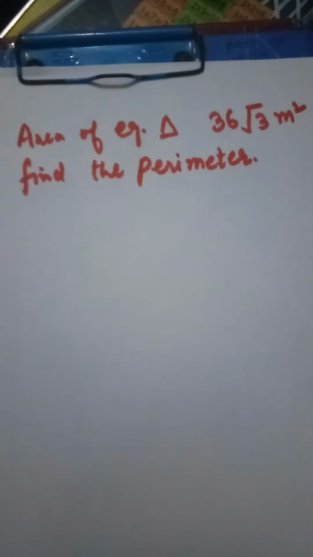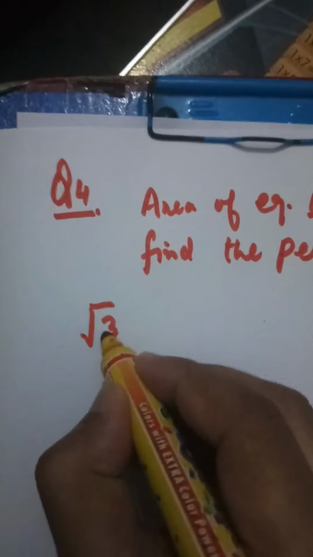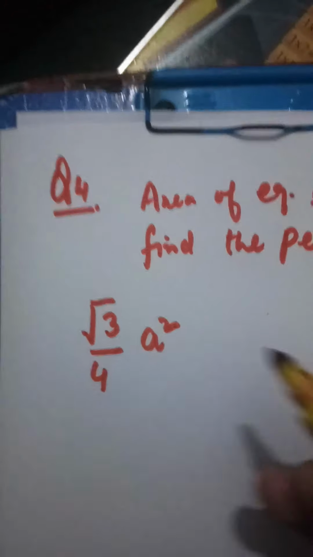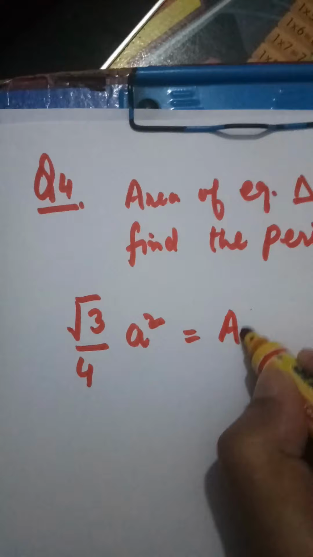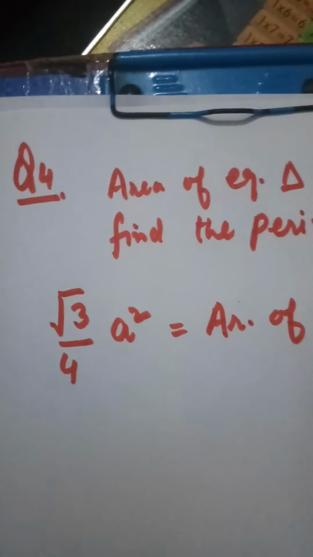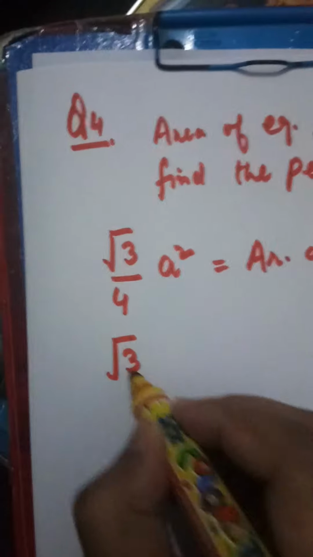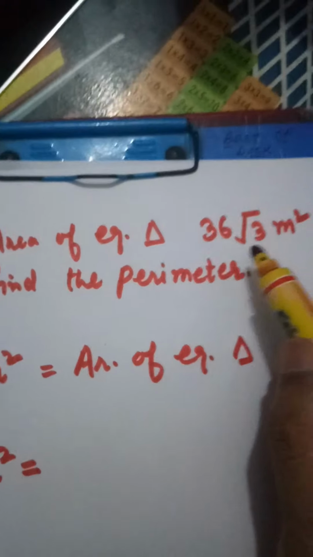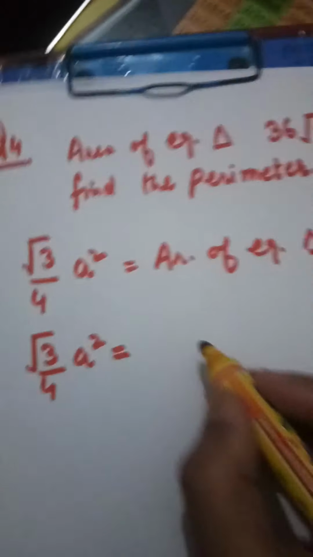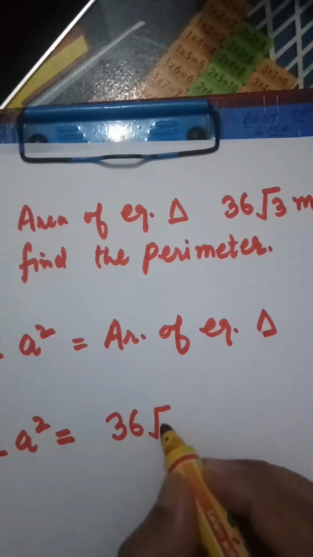Children, as I uploaded one video link in the previous lecture, you must be knowing the area of the equilateral triangle; I have told you the formula for that also. What is the formula for the area of an equilateral triangle? When we derived that, it was equal to under root 3 upon 4 a square. So we are writing it as root 3 upon 4 a square is equal to the area given to us in the question, that is 36 root 3. So I am equating this area with the given area.